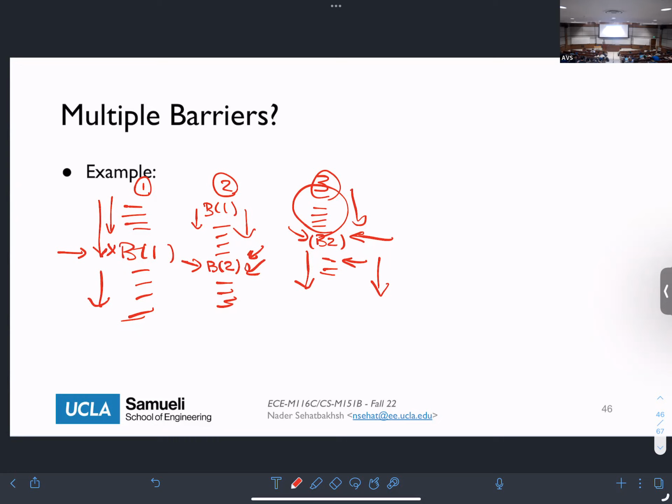So the question is, can we do out of order within each core? Yes, we still can. That's what I'm saying, that within each core, you still don't know the sequence of the instructions. It can happen any way you want. We just know that I cannot execute these instructions until this core reaches here. Okay, so the barrier is kind of fence plus some additional synchronization.